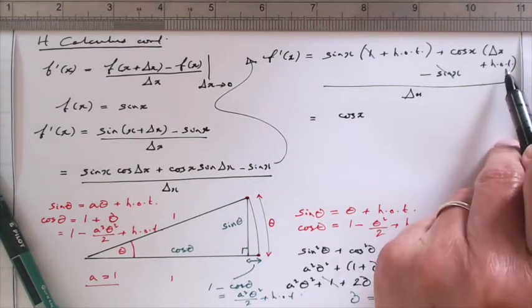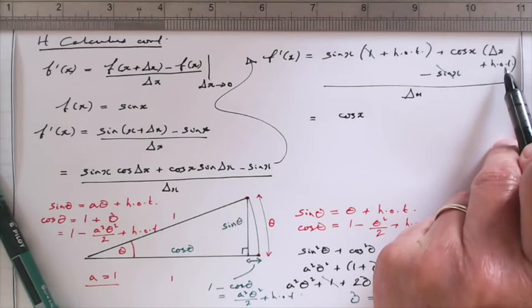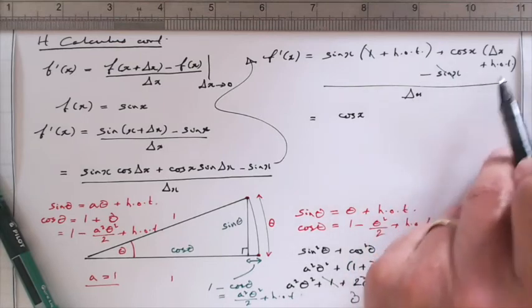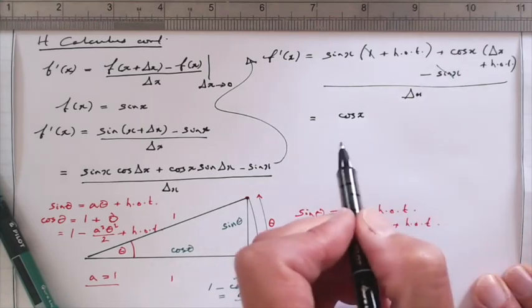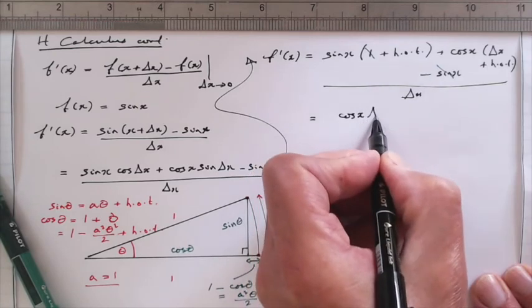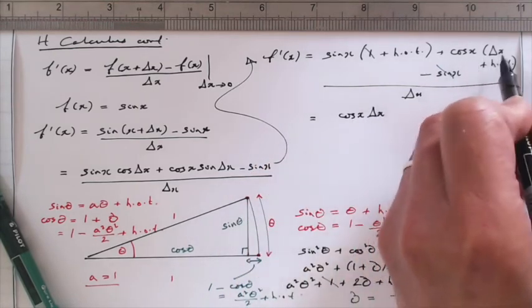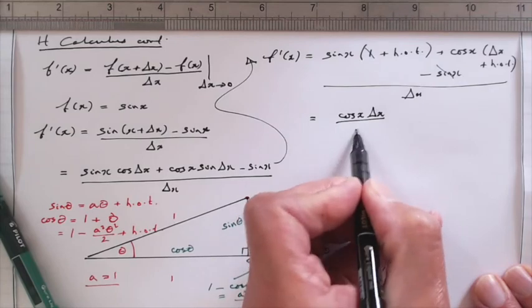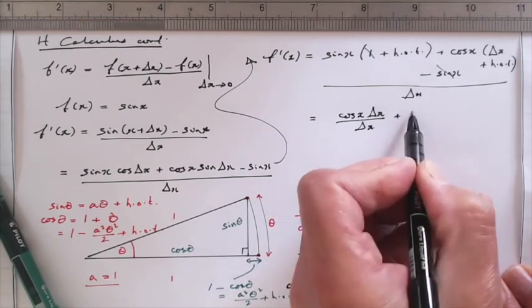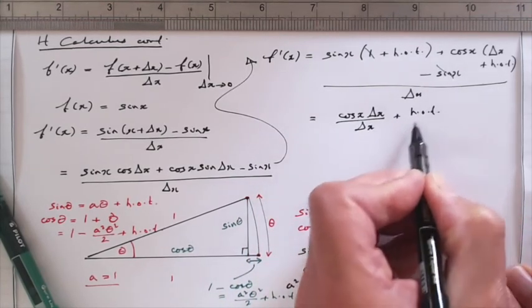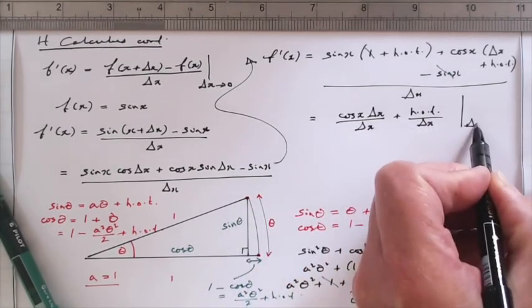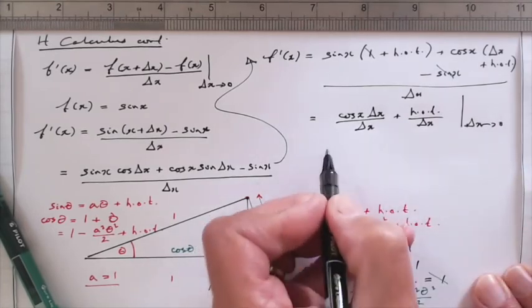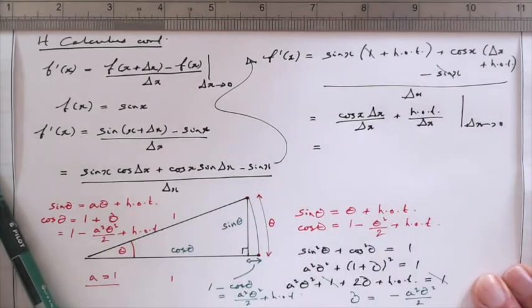And I have more higher order terms, delta x squared and so on, which when I divide by delta x and take delta x to 0 will vanish. So in fact, maybe the way I should finish this proof kind of satisfyingly, we have cosine of x delta x divided by delta x, and then we have these higher order terms divided by delta x, and we want to take all of this with delta x going to 0, and this all vanishes here,